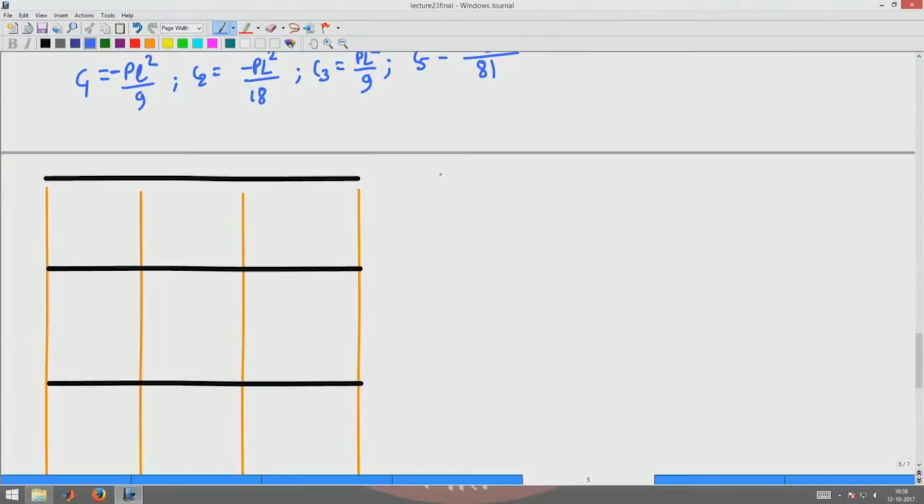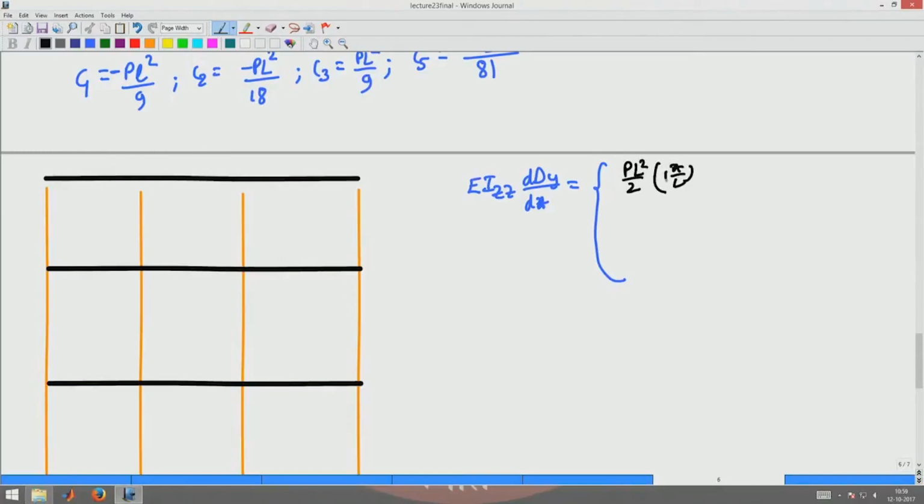So, we have E times Izz into d delta y by dx given by P into L square by 2, x by L the whole square minus 2 by 9, into PL square by 3 into x by L minus 1 by 3